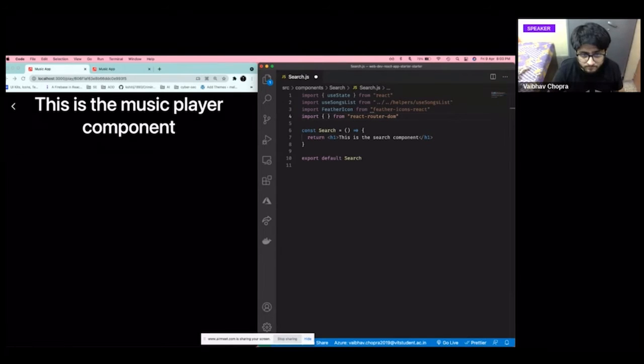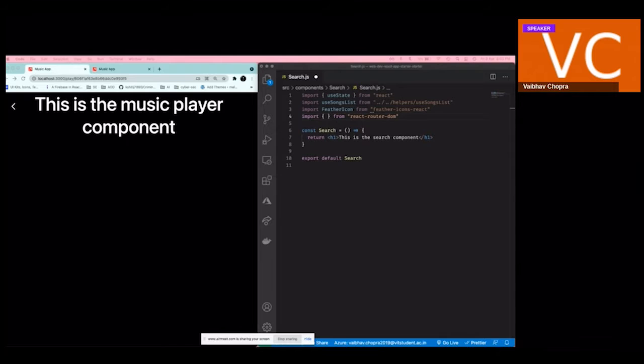Okay. So we will be having a link tag and we will be using the custom hook which we made. So I'll import the link tag in this part, the line number 4. And now let's start coding the search part.